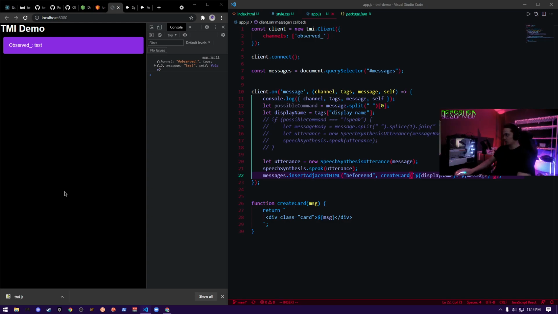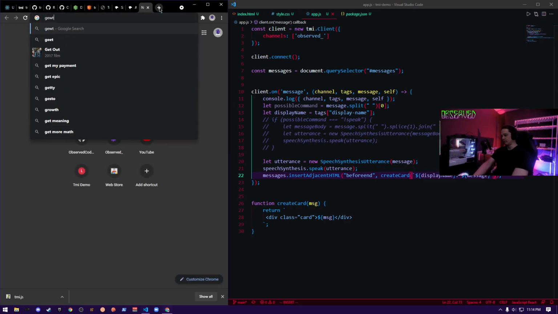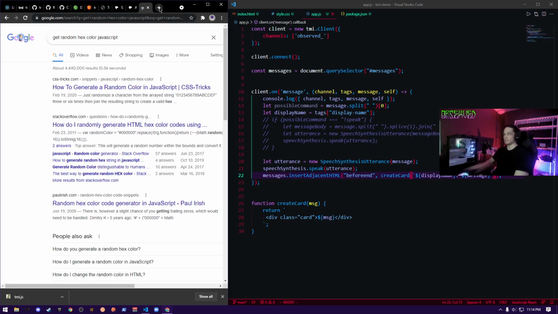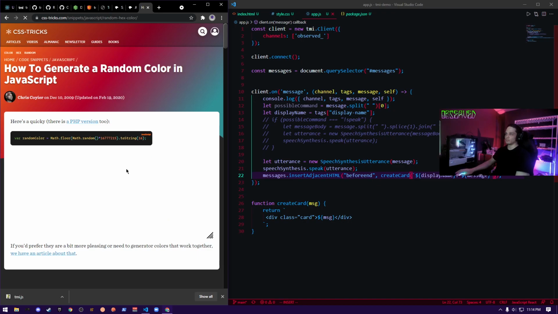The cool thing to do would be to get a random color in JavaScript.